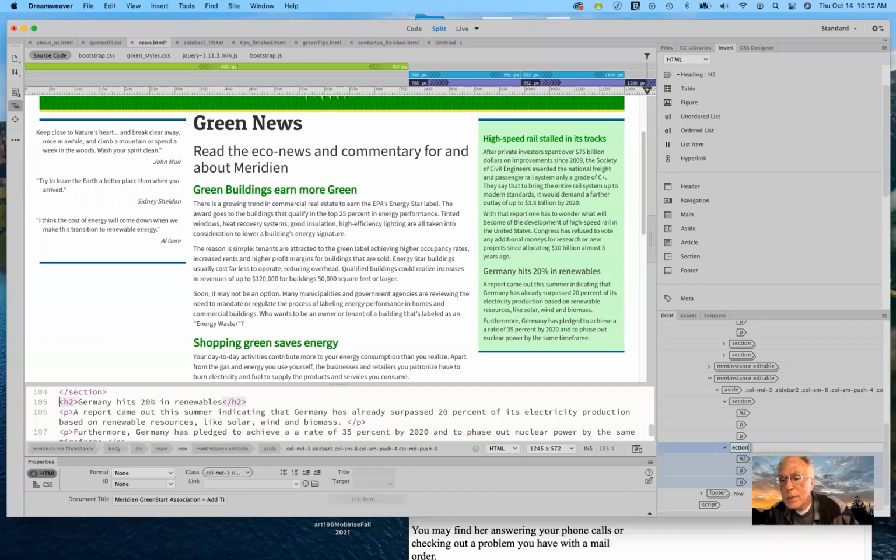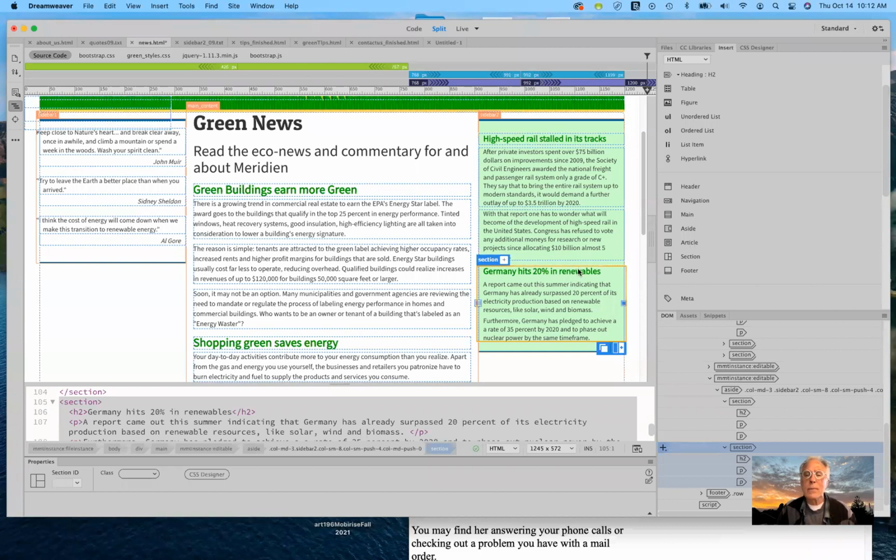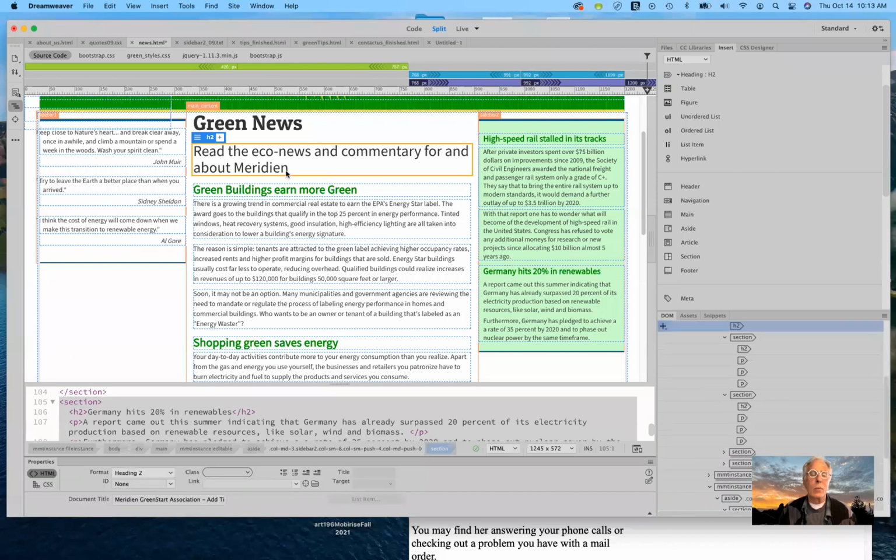Okay. Hit the return key twice. And when it's added, notice what happened to the H2 heading tag. It now took on the same properties as the one up here. So any H2 heading tag, the way we've styled it, that is contained inside a section will have these properties. Any of them that lie outside of it, like the one that we see up here in our main article, will not. It will have the default